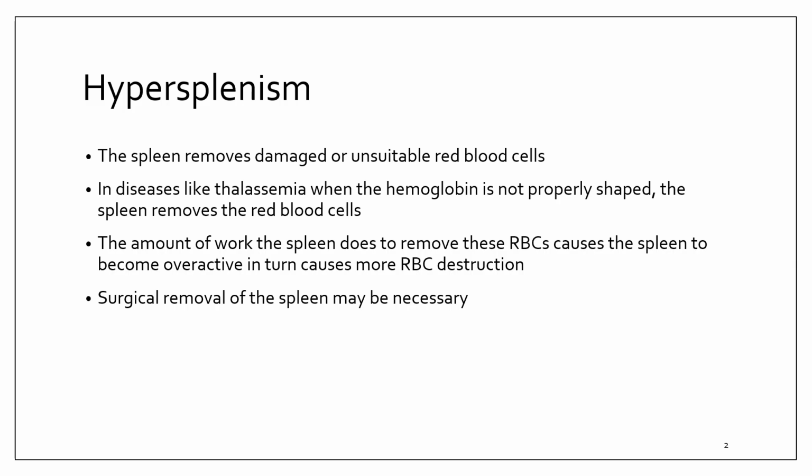Removing the spleen does not fix the genetic defect, but it prolongs red blood cell lifespan, reduces hemolysis, as well as improves anemia severity. If you ever see a patient with chronic hemolytic anemia, an enlarged spleen, and elevated reticulocyte count, you should immediately think hypersplenism is likely contributing. Some worthless but useful knowledge: the spleen normally removes red blood cells at about 120 days